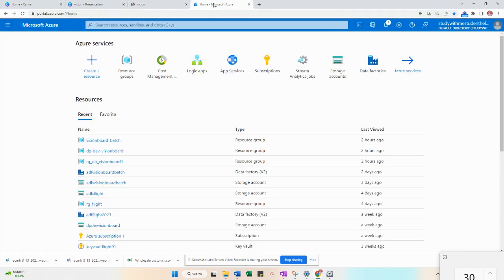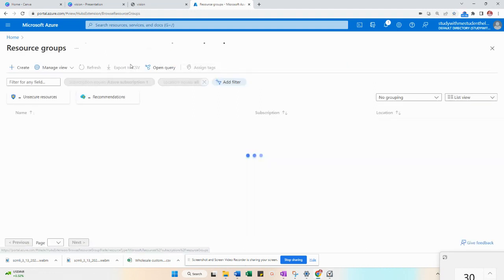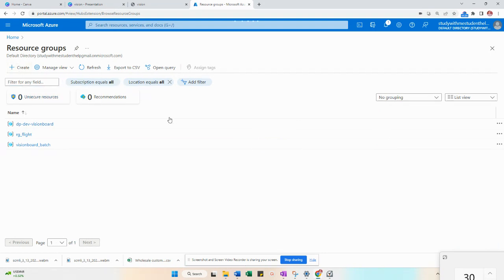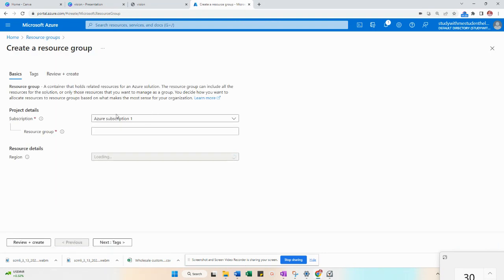So I will create one resource group. This is the first step. How can we create a resource group? I've already created some resource groups here. I'm creating a new resource. A resource group is a logical grouping of items, that's why it's called a resource group. So here I'm giving the name RG underscore